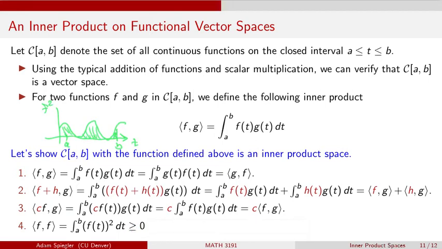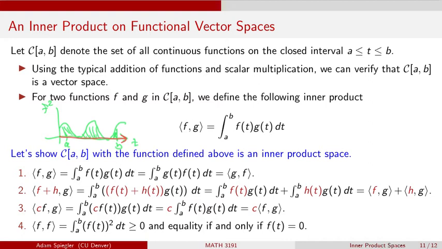Since that function is going to be at least on or above the t-axis, that definite integral is going to calculate an area, and that area has to be entirely above the t-axis. So this is going to be something greater than or equal to 0. And the only way that we get an area of 0 is if this function f of t was equal to 0 always. So that proves the fourth and final property required for this to be an inner product space,